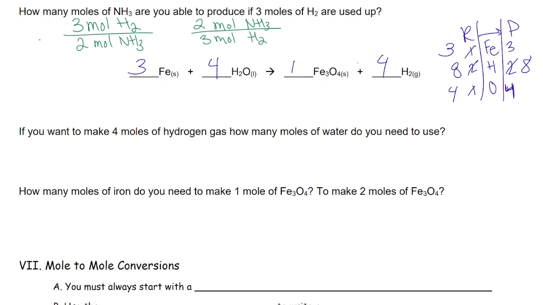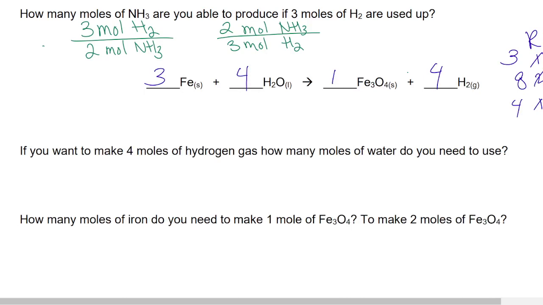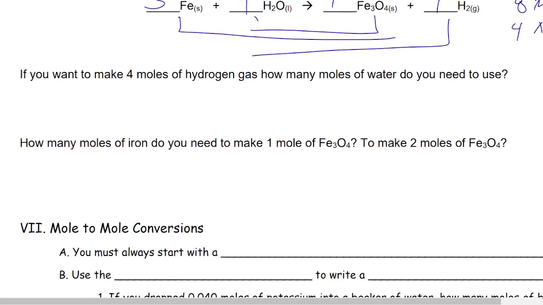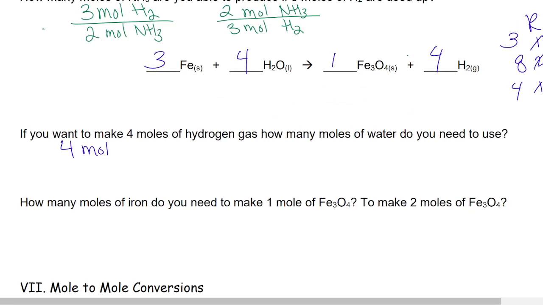Okay. Felt too easy. So then underneath this, we can relate, again, any of our reactants to any of our products, or any of our products to any of our reactants. It does not matter. It just depends on what the question is asking you for. So it says, if you want to make 4 moles of hydrogen gas using your equation,